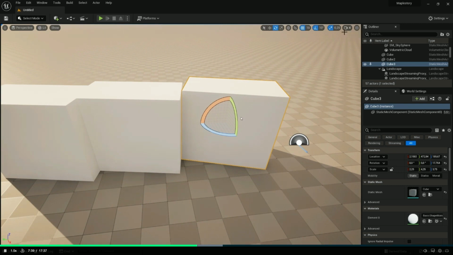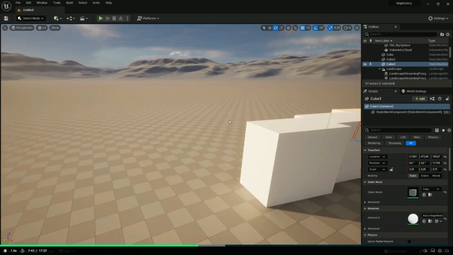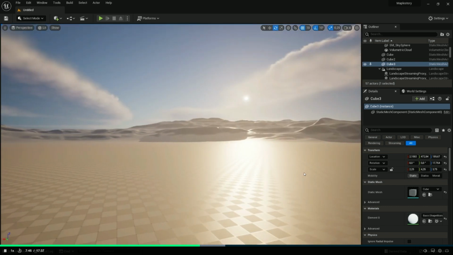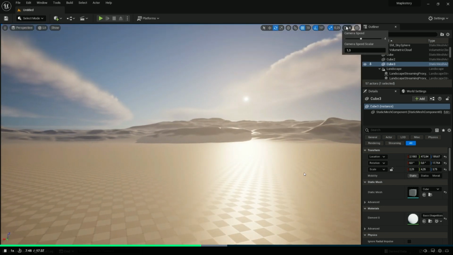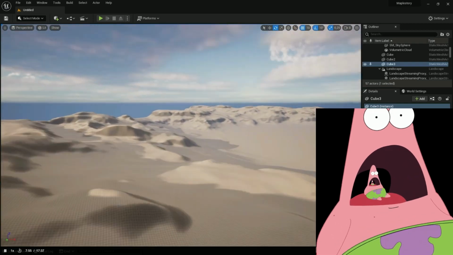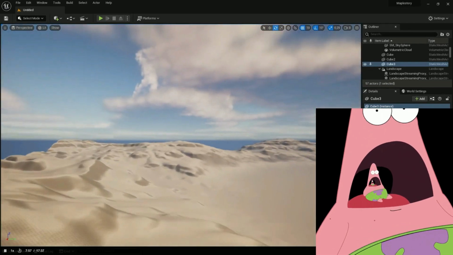The last thing we have is the camera speed. So you can see when I move my camera in the viewport, let's say you have this large open world, and it will take forever for me to move all the way over there. This is how you can increase the camera speed. For example, you can put it to 8. You can see now I can move a lot faster in my world,